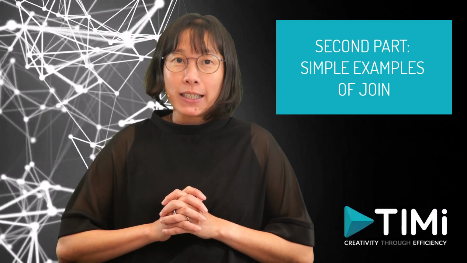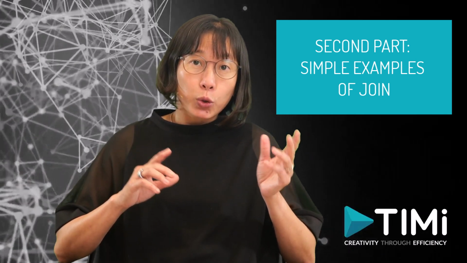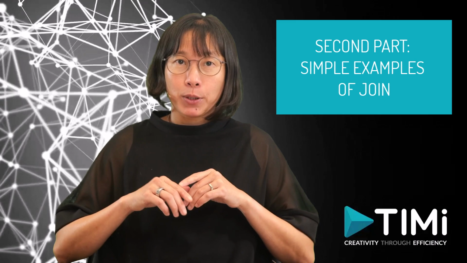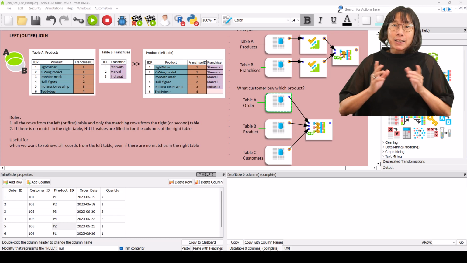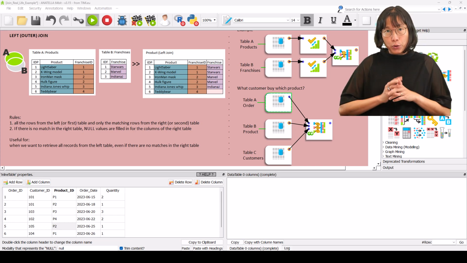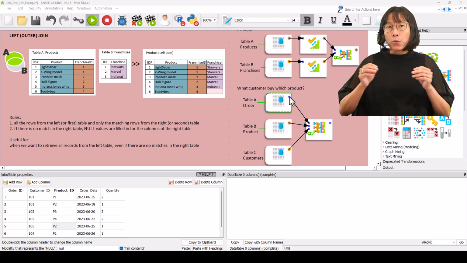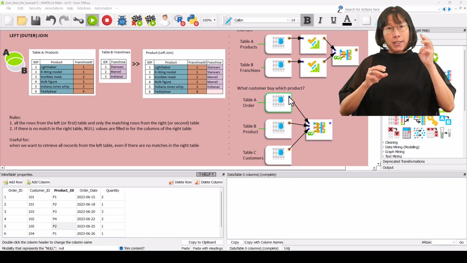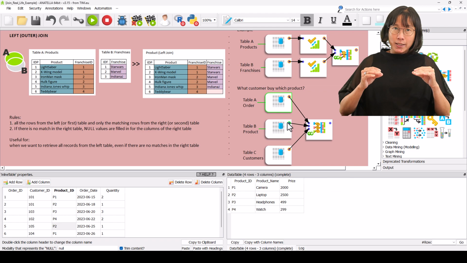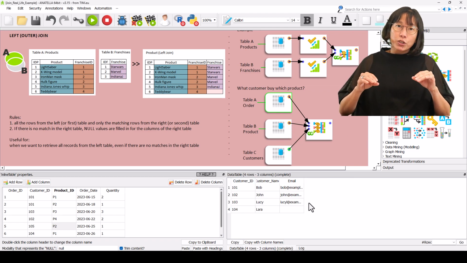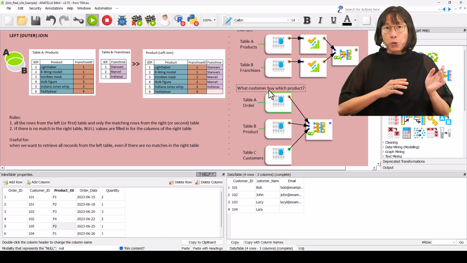Now that we have seen how each join works in a purely abstract setting, let's come back to each join and explain how it can be used in practice using a concrete small example. Let's start with the most common join, the left join. Inside this example, let's assume that we are working for a web shop and we have three tables inside our database. These three tables are describing all the purchases inside the web shop. The question that we ask ourselves is, which customer buys which product?